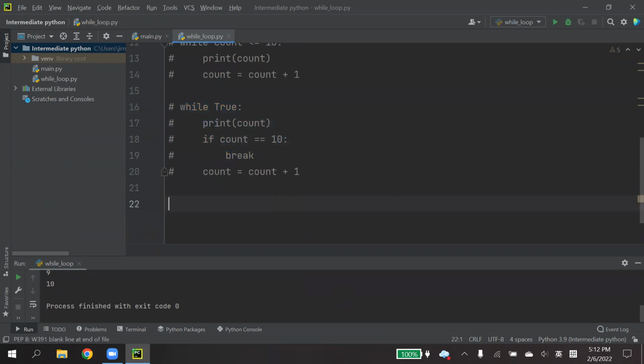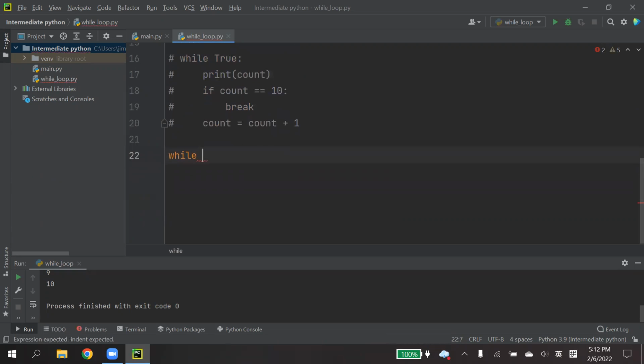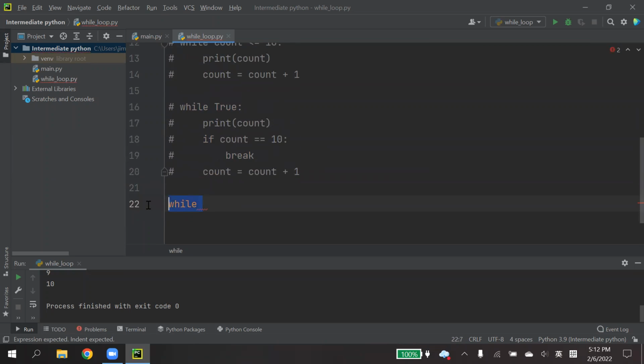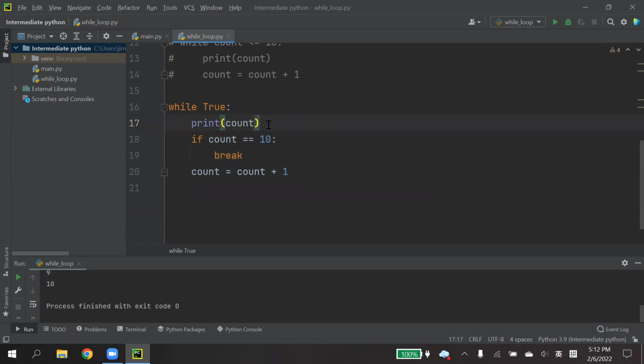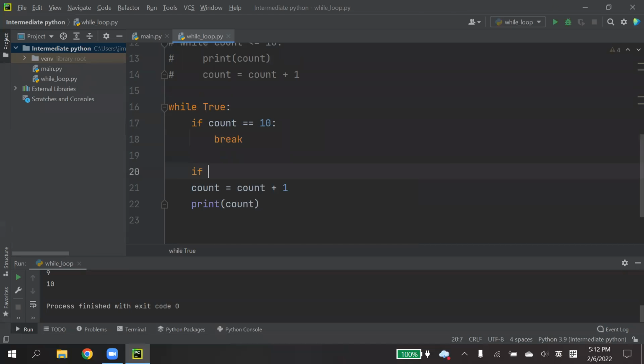And then other than that, a while loop can also be used together with continue. Let's say I want to print 1 to 10. Just a simple example. I think I'll use the previous one. Let me think first. Let's say I want to print 1 to 10, but if I want to skip something, I can use continue. If I want to skip number 5.